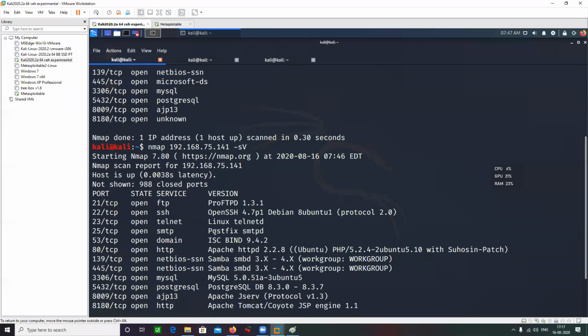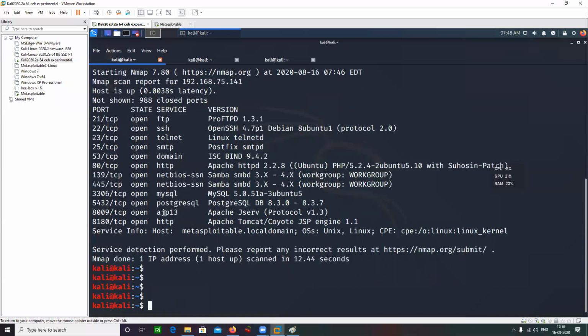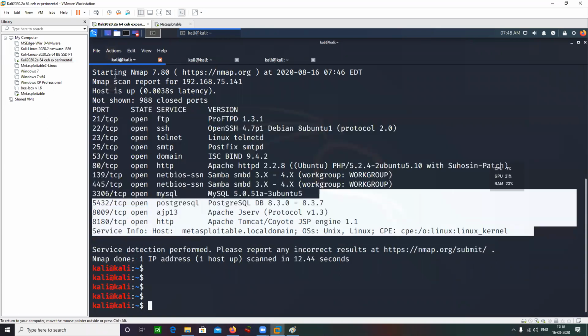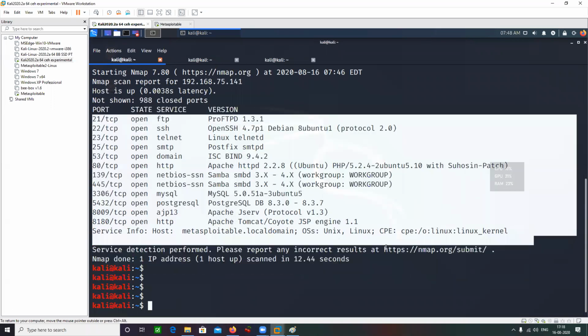Okay, great. Now I want to further enumerate this thing. So how can I further enumerate this machine? What can I do? I have figured out that these are the ports that are open. What can I do next?